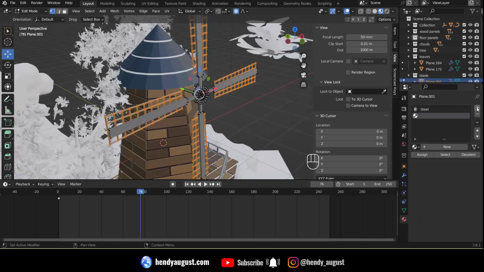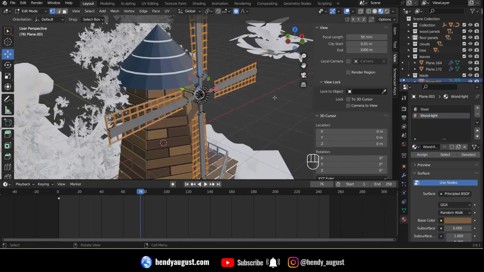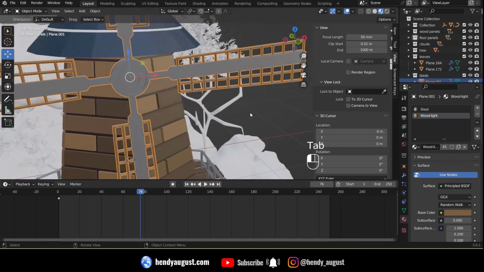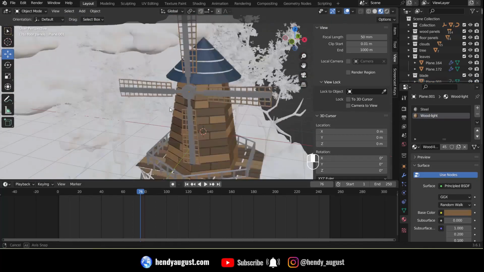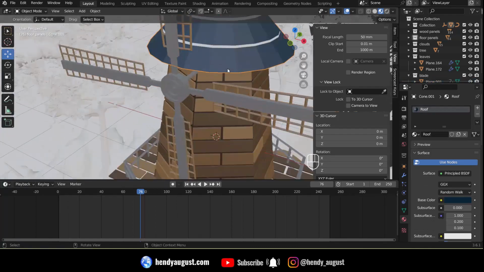And then we're going to go to the plus. We're going to assign a new material to this blank. Let's use wood light, maybe wood light, and then with this selected, we're going to go to assign material, and now we have a different material on our joint objects. Okay,